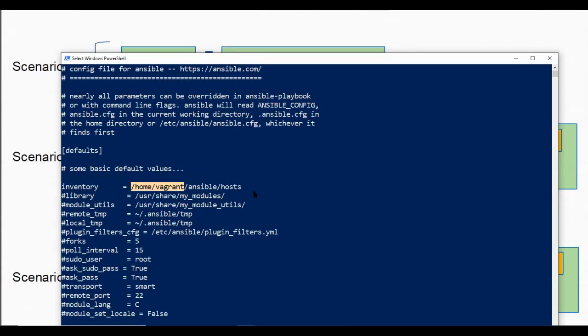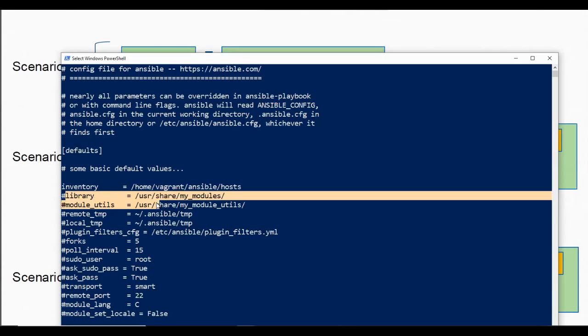Okay, so the rest of all the settings I haven't changed anyways, and these are the defaults. What do I mean by that? It's also stated in here with a tag created, and that tag name is defaults, and it states that all these key value pairs like library or module utils or remote temp and so on. There are literally hundreds of different settings that you will find inside this Ansible CFG file, and a certain value against each of them as well. Now, these are some of the defaults that you will see.